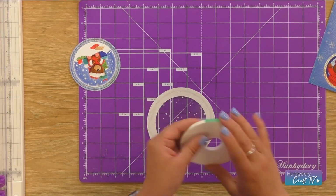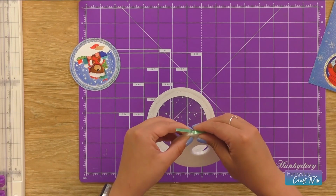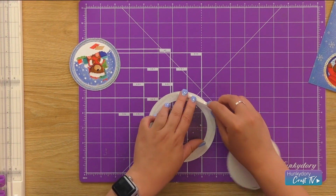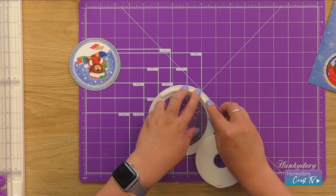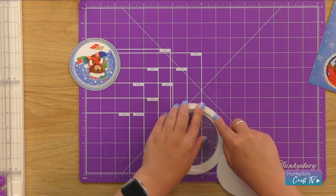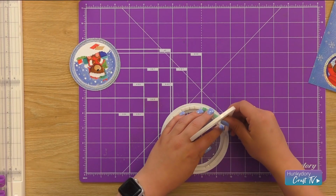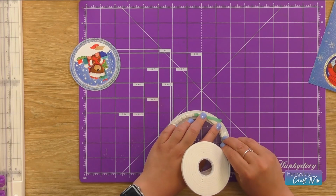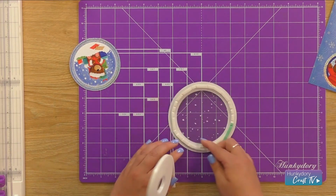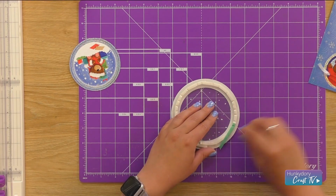Now taking our shaker foam roll, which is slightly taller than our foam pads, I'm just going to open that up. I'm going to take my roll, and now this is the important bit where you don't want any gaps. So I'm going to go around halfway on my frame here, and again just using this to maneuver it around like so. And we don't want to have any gaps when we do this, because this is where our sequins are going to be housed. So you just need to make sure that they either match up straight away, or sometimes I like to just go slightly over from where I started, and then I know that there's going to be no gaps when we add the sequins in. So I'm just going to take off our backing, and then we'll pop this just to one side for a moment,